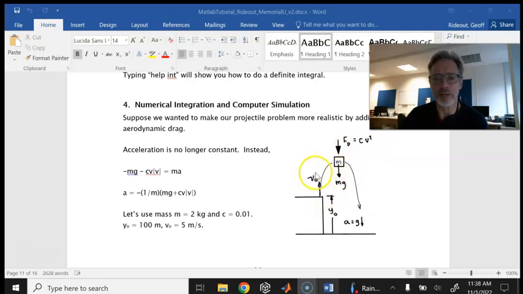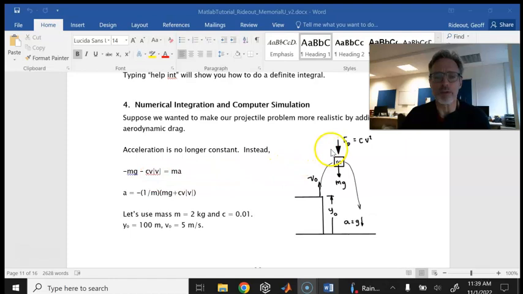So if the mass is moving upward with some velocity v, there's going to be an opposing drag force which will be equal to some constant times velocity squared. And gravity will be acting down on the particle. If we do a free body diagram of the mass in midair, if we do some of the forces downward equals ma, if we do some of the forces upward equals ma,